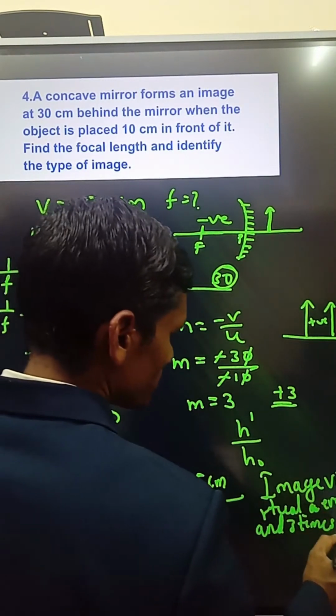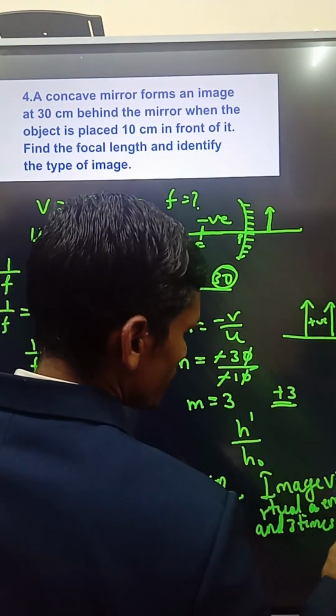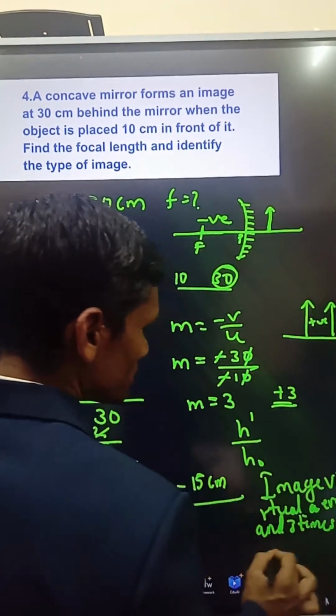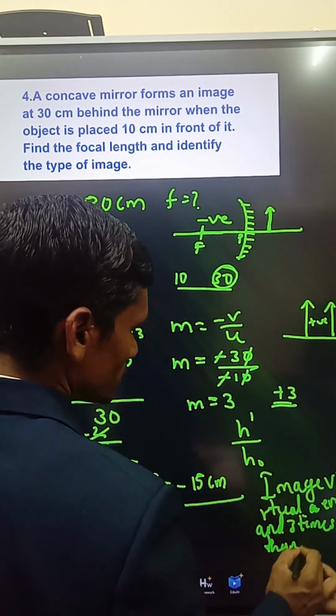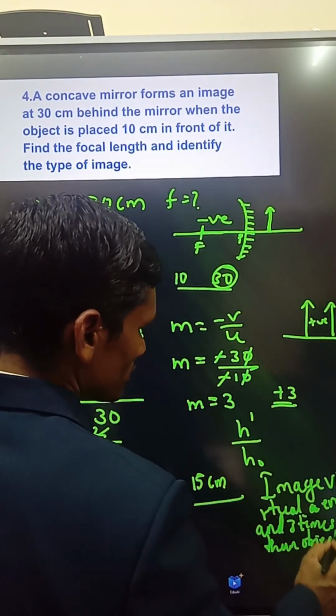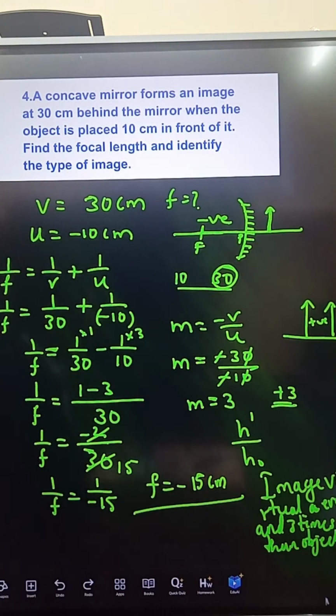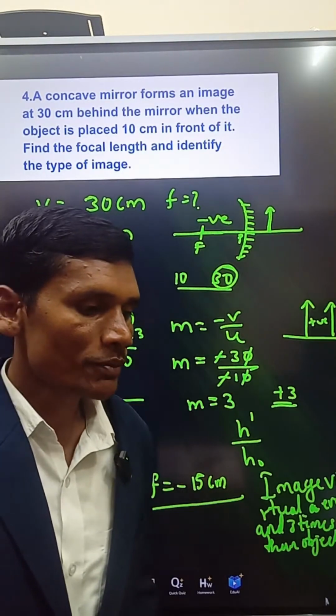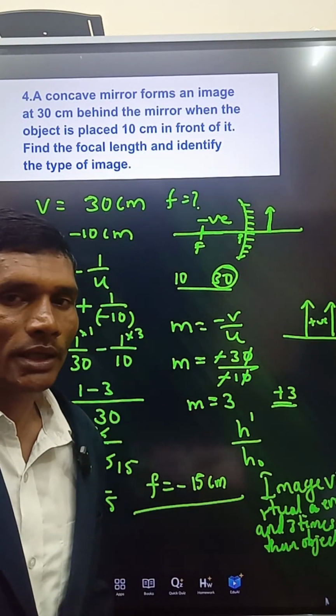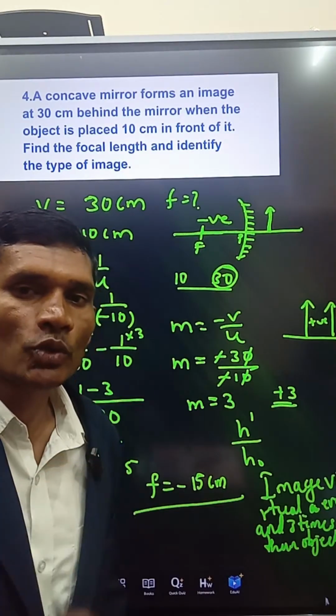Okay, 3 times bigger than this. Where do we use this? The image is bigger than the object I'm writing. This is possible when the object is placed between F and P, and this is used in